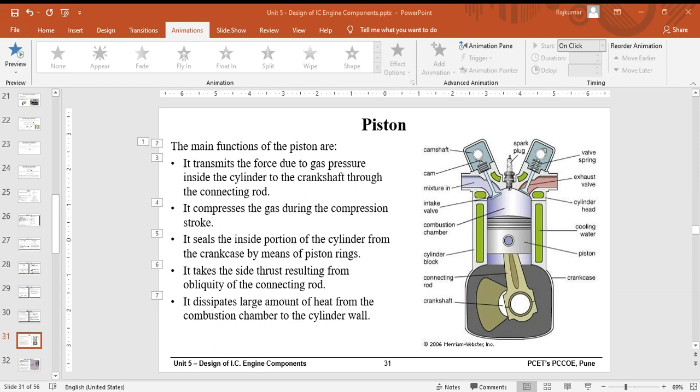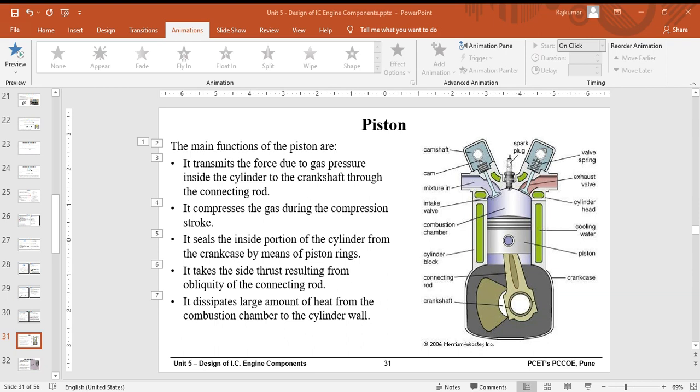Then there are some important points that need to be considered while designing the head of the piston. The first one is bending stress. Sigma B is the allowable tensile stress, and it is calculated as the ratio of ultimate tensile strength of the material divided by factor of safety. So if you know the material properties, you can calculate the permissible or allowable tensile stress.